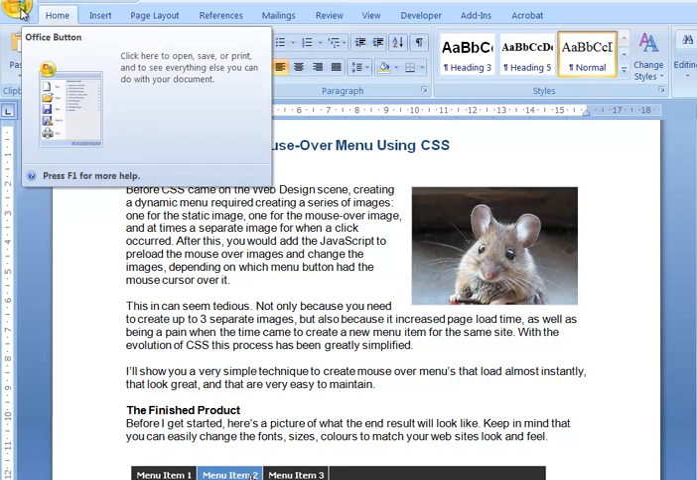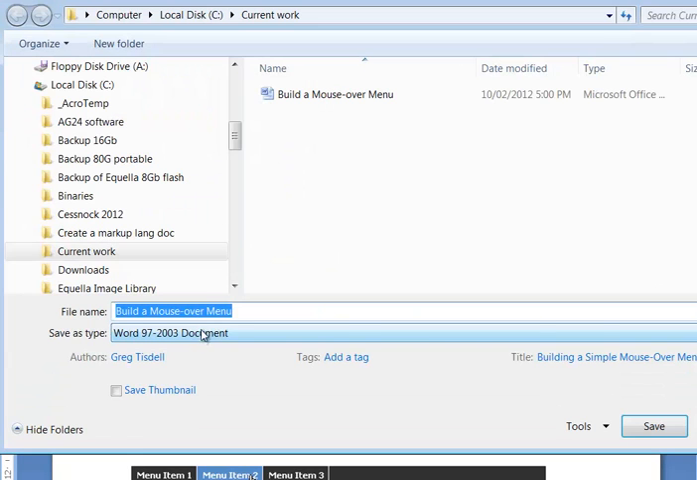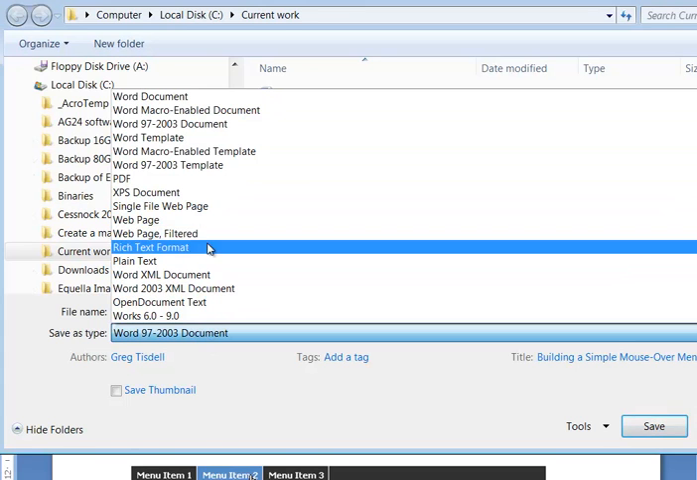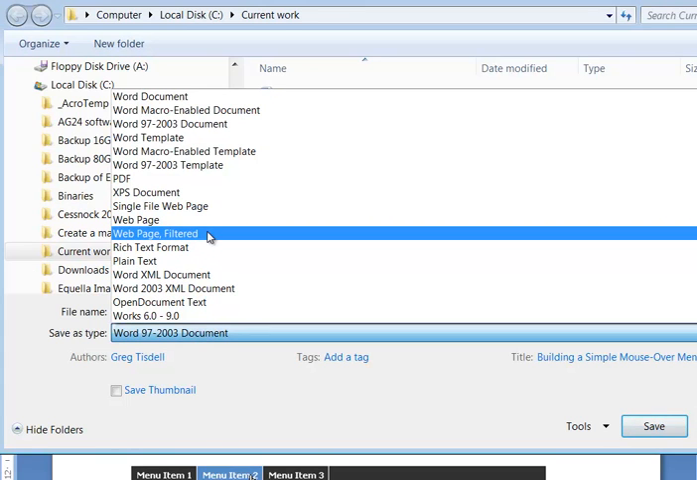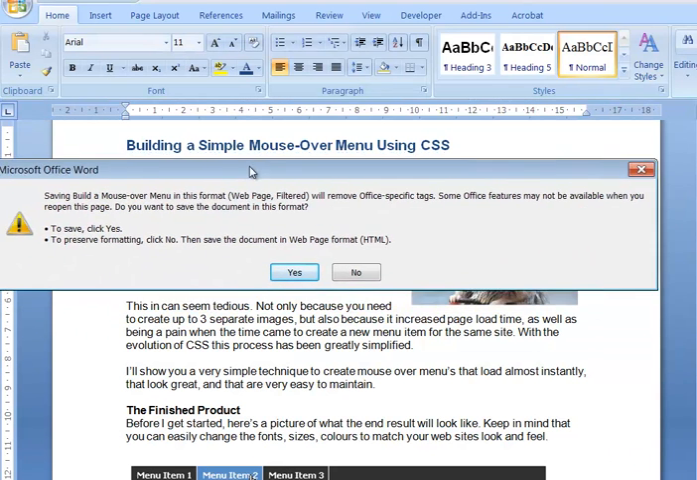Now what I'm going to do is save it as a particular format. So you need the option where it says other formats. A number of the formats are here, and we have web page and web page filtered. I'll choose web page filtered. The reason I'm choosing that is because Microsoft Word usually writes some pretty horrible HTML code that's really not suitable for the web. So I'll just choose filtered in the hope I will get a message like this